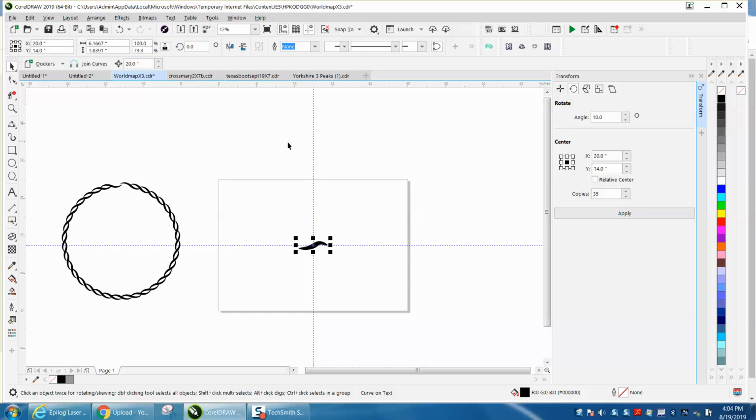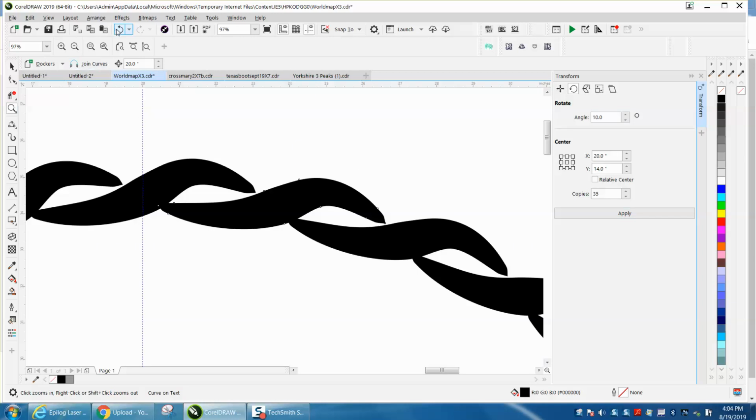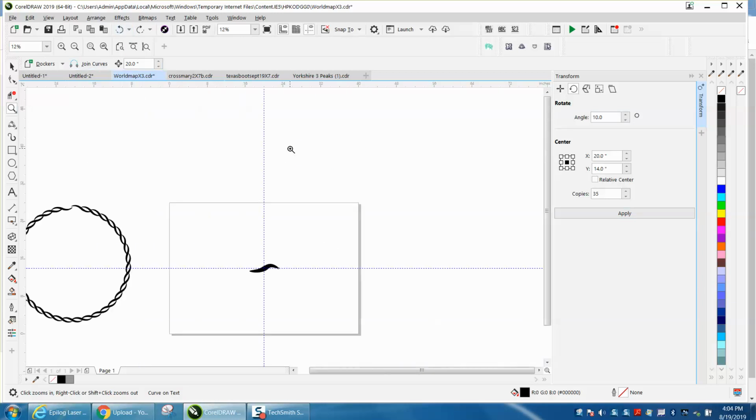And I'm going to hit P, put it in the center of the page. Tell you what, let's make our circle quite a bit bigger since that's bigger. Double click, put it in the center. Wham. That quick. Now, if we did not break the artistic media apart,